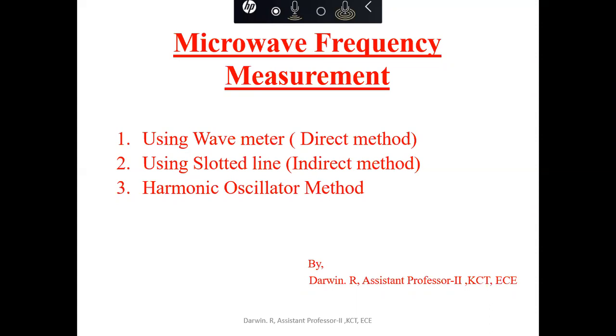Here we have three different methods for finding frequency. The first one is the wave meter method, which is a direct method, the second one is using slot line, which is an indirect method, and the third one is the harmonic oscillator method. So the first